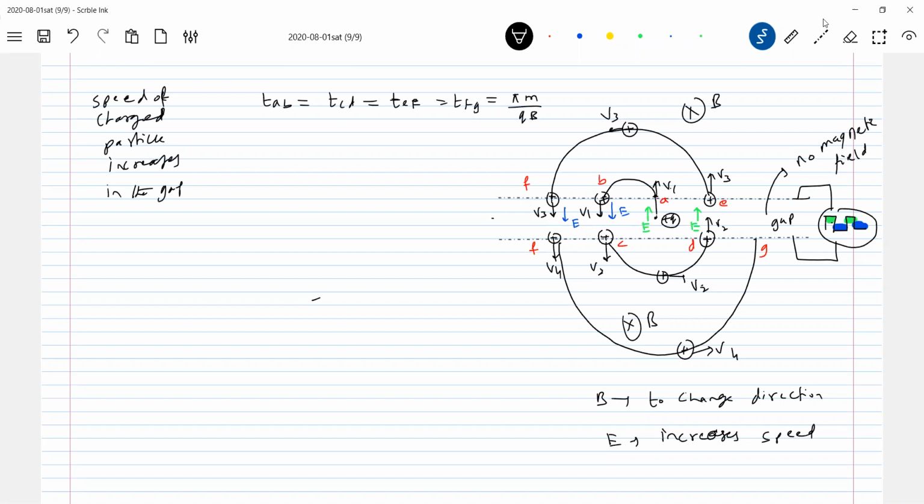Is it okay? I'm just giving enough information, just analyze here. Half of the time period of revolution. So the time it takes to move from A to B is the same time it takes to move from C to D. So now tell me, like this particular signal, what I'm applying. This is what, a generator. Electric field generator. So what should be the requirement of that generator?